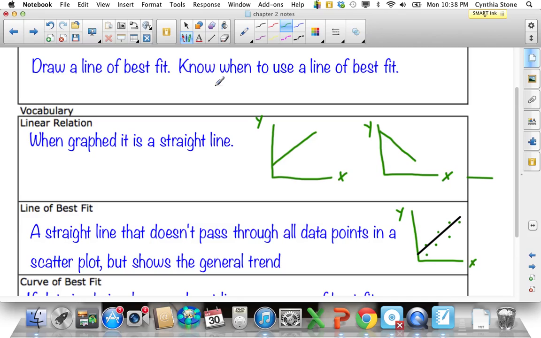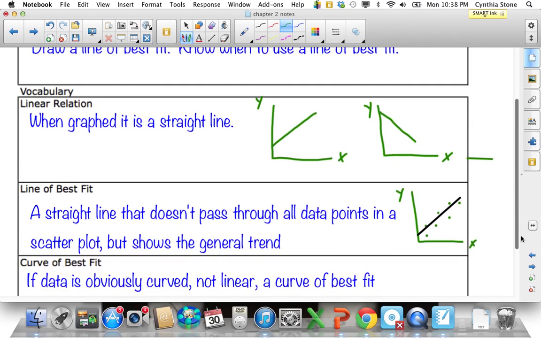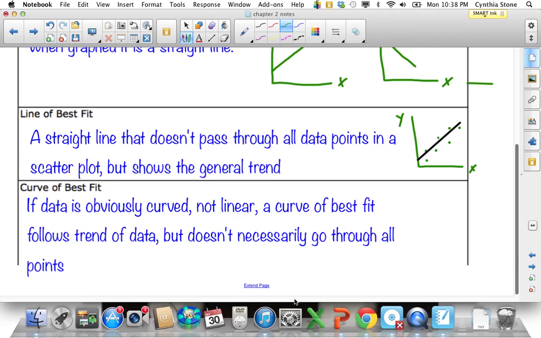Okay, so a line of best fit doesn't have to touch any of the data, quite frankly, but it does sort of show the general trend of all the data. Curve of best fit is the same idea, but it's when the data quite clearly doesn't follow a straight line, what we call a linear relation. It has some other relationship, and it's obvious that it's in a curve, and it doesn't follow a linear. Okay, and we'll do a couple curves of best fit, but we don't do a lot of that in grade 9. We don't worry about curves very much. Grade 9 is all about straight lines,